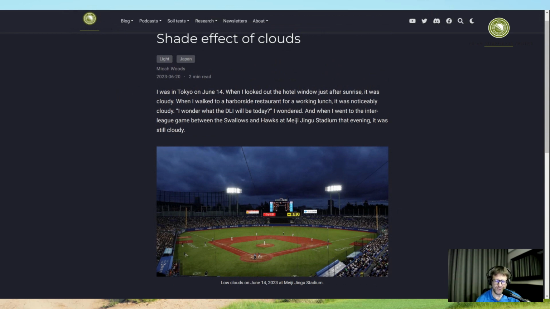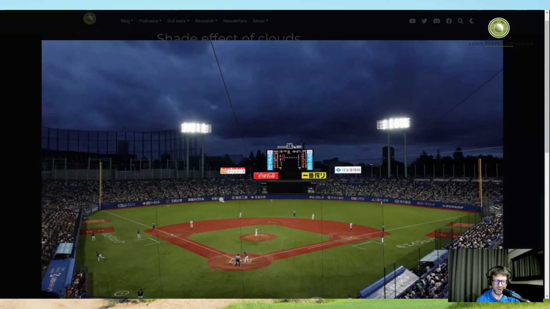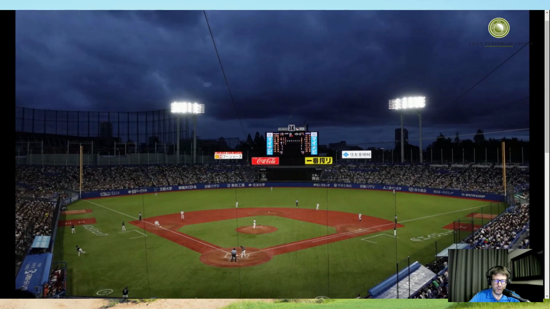And I put a picture of that in the post, and there are very low clouds over Tokyo on that day, very low clouds over the baseball stadium. This is one of the oldest baseball stadiums in Japan, and it's pretty cool. If you haven't been to the Meiji Jingu Stadium, or you don't really follow Japanese baseball, you may not be